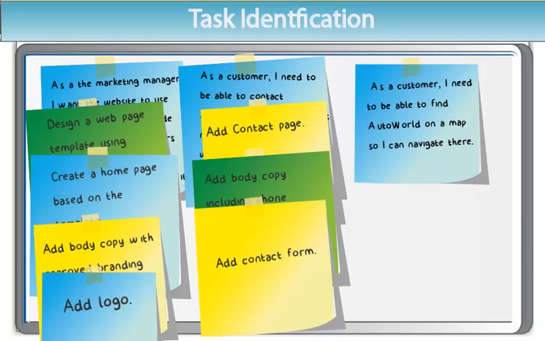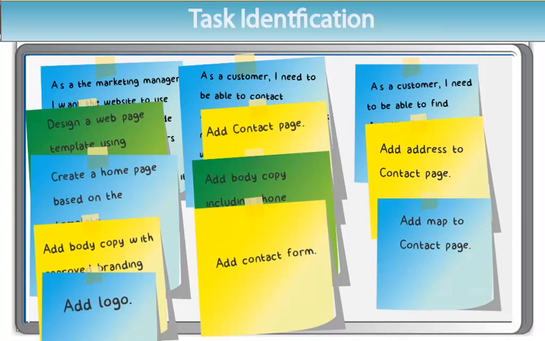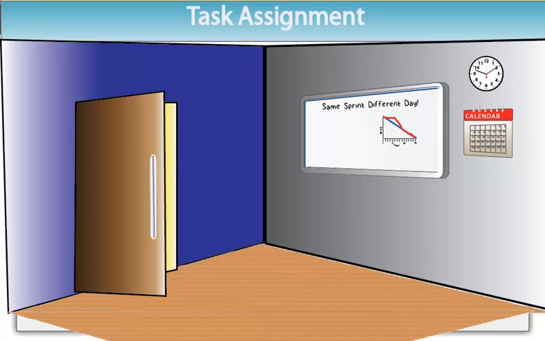And finally, the third user story: as a customer, I need to be able to find the lot location on a map so I can navigate to AutoWorld. This user story would probably include at least the following tasks: add address to contact page, add map to contact page. Now that the tasks have been discussed, agreed on, and estimated, instead of a manager assigning tasks, the team